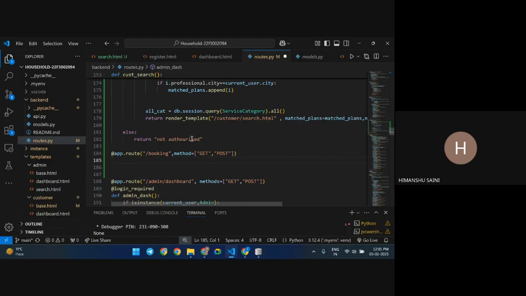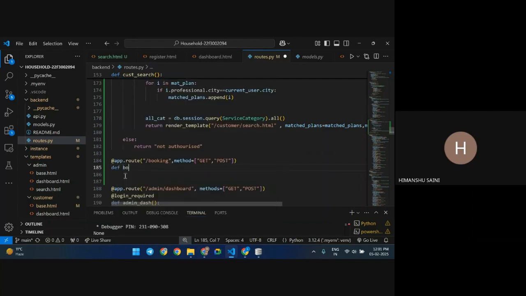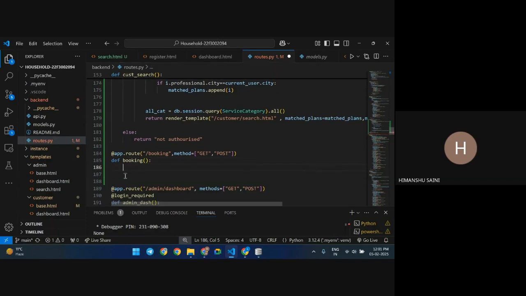A customer will book all the plans that exist in his city. From this condition, I can say that. So now I'll make a booking, and if his